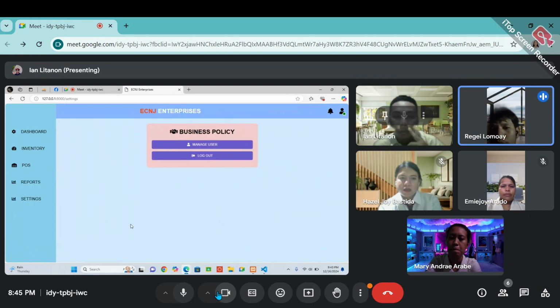So in our settings, we have the business policy and also manage user. By the way, Mr. Ayanlitan, what is the purpose of manage user? Manage user is where the user can change their password or their email in this interface.